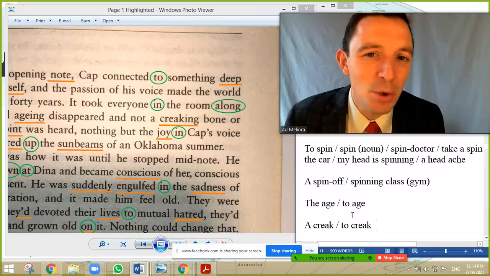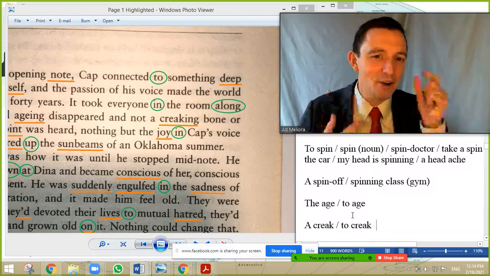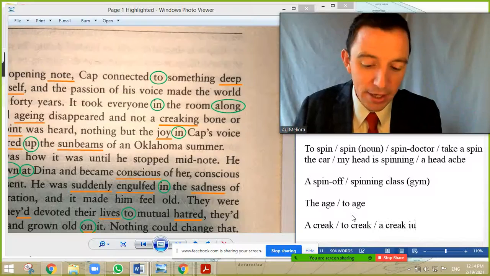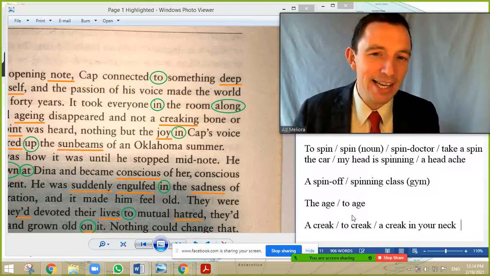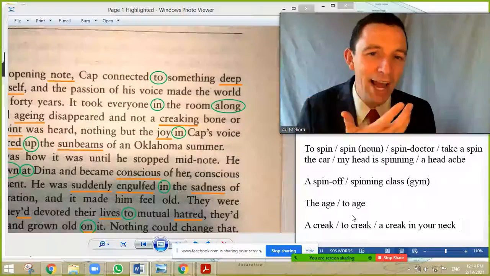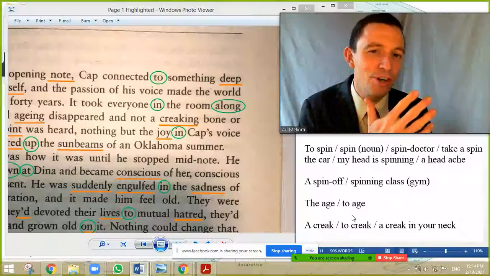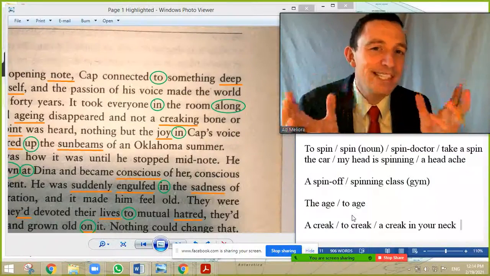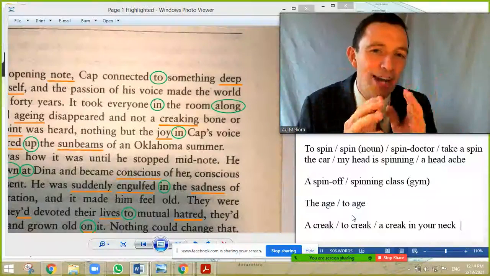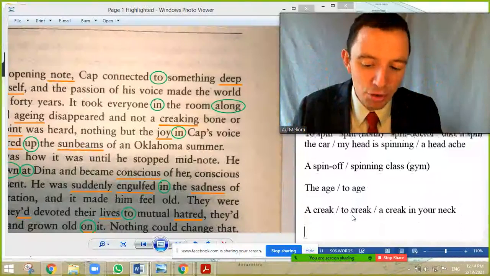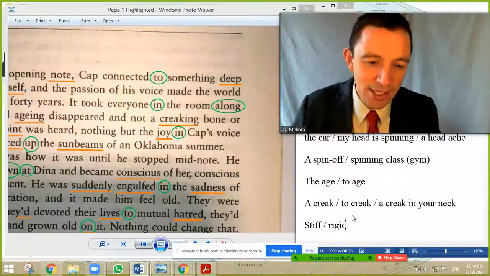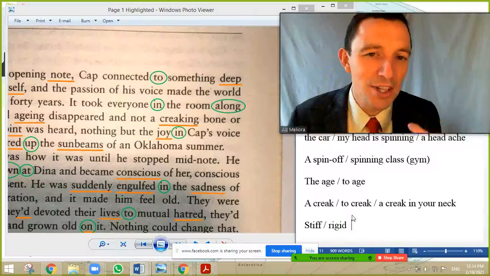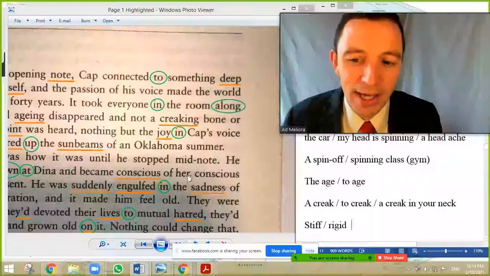It is possible as well in your neck. You can have a creak in your neck, and I think it's the same one, a creak in your neck. And basically, you know, when you turn your head very, very quickly, boom, you turn your head and you have a little pain, that's a creak in your neck. I think it's the same concept of the door, because you open the door and it's very stiff. Stiff is rigido. Okay, so your neck is very stiff and you have a creak in your neck, a little pain. So that's another context for the creak. Okay.